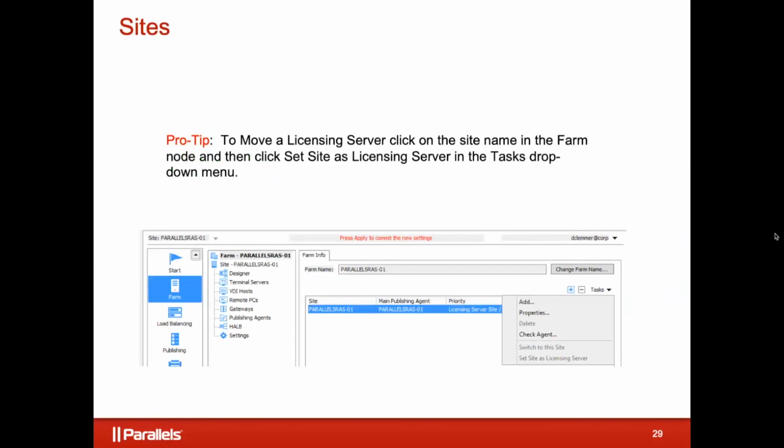So to create a site, I would do it from the RAS console. You install RAS, I get a farm. Almost everything from there within RAS, whether it's multiple sites, publishing agents, everything else, should be pushed from the console. So it's very much a single pane of glass. You would do that here. You would just go up to farm, right-click, and add new site, and then it'll push out another publishing agent and gateway that's its own site, and go from there. You'll get the idea as we go through it. But just don't install RAS twice and expect to be able to tie it together. Once it's done, it's done. You've got two farms, and I can't tie them together after the fact.